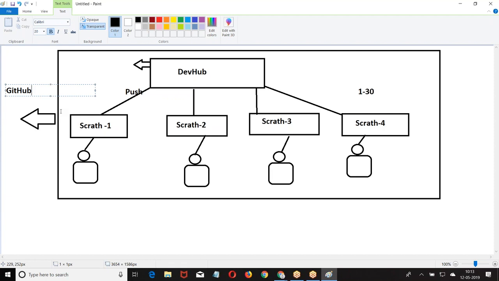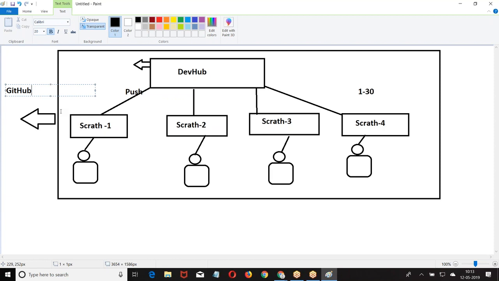So you are working on individual instances and pushing the code. When you push the code, I am storing it as one version. Then when you pull back, make the changes and push it, again it is stored as one more version. Like that, we are maintaining version controlling also. So scratch orgs are connected with GitHub or a bucket to maintain the version. The advantage is, instead of all of you working on a single instance, they create a temporary instance for you to work on. When everything is okay, you push it, and only then will the changes be replicated to other people. So what I am trying to do is branching. I hope you got my point.